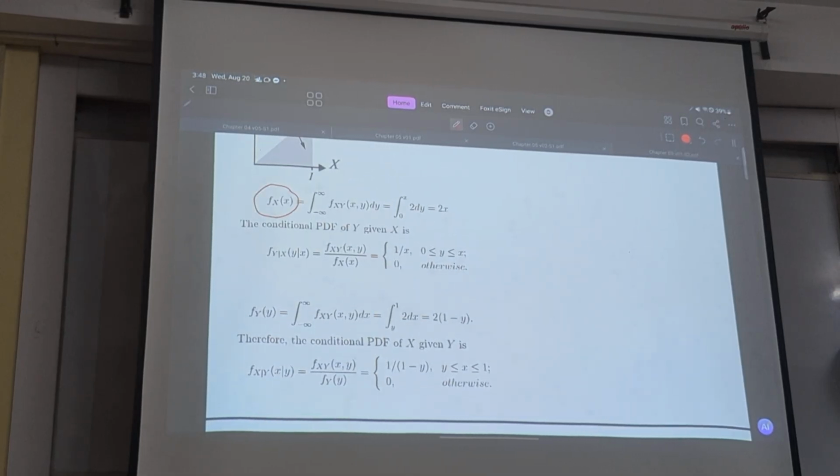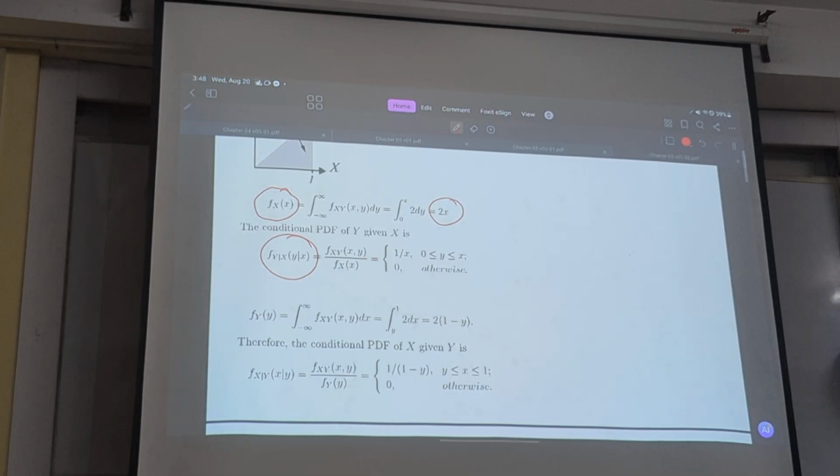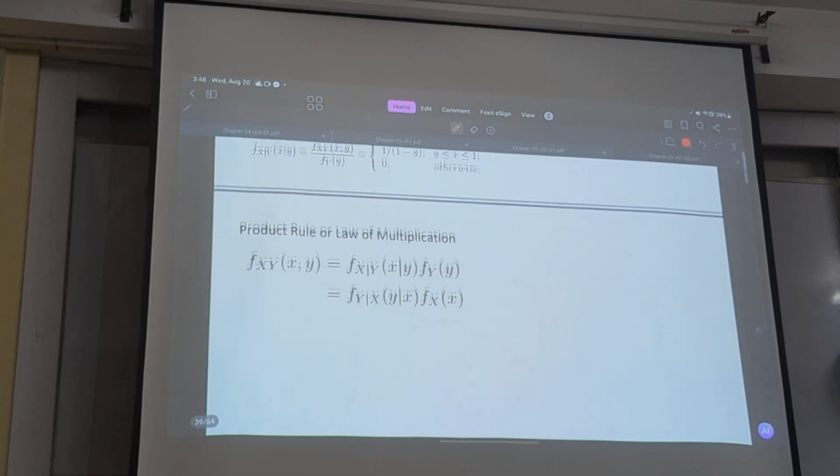The marginal distribution of x is 2x. And so the conditional PDF of y given x is... We'll come back to this problem again. For now,